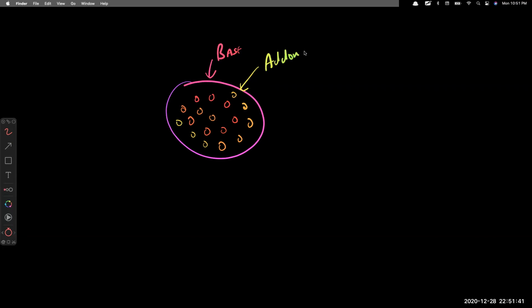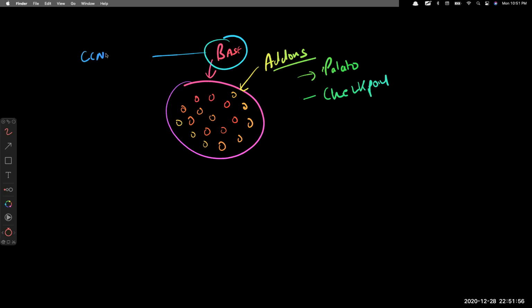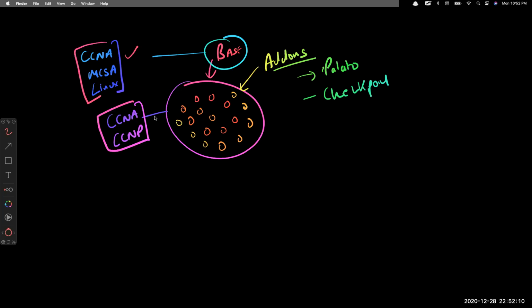So add-ons means Palo Alto is an add-on. Okay, like Checkpoint is an add-on. But what is the base? So the base is for a fresher. The base is to learn multiple things so that you will get entry in a job. So the base could be like this, or the base could be CCNA, CCNP. Okay, so either you can make a base from this. This is white bread, this is brown bread. So you can use any of the bases.